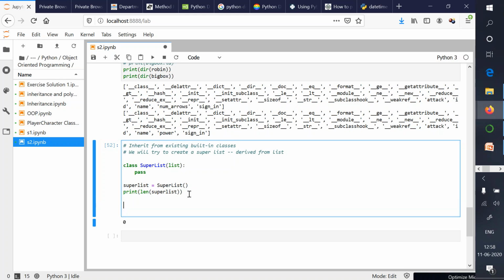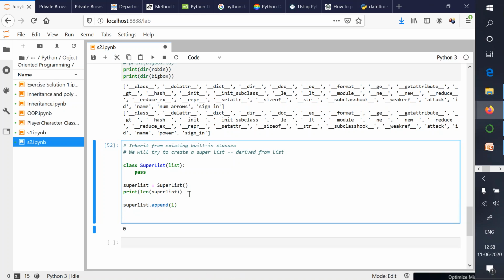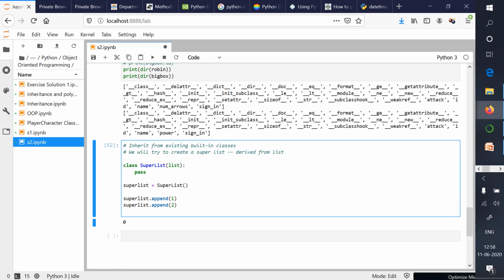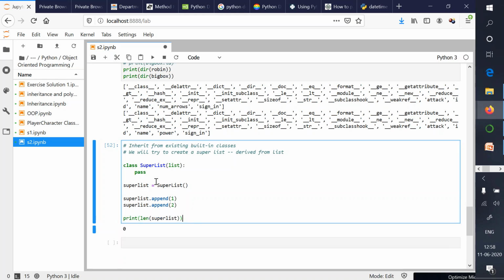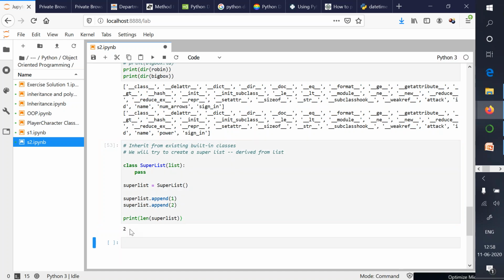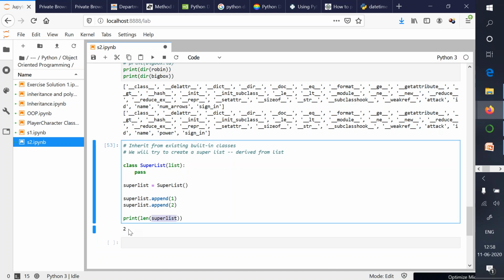But if I say super list dot append 1 and then again super list dot append 2, and now if I make a call to the length function, you'll see the system is displaying that now your super list has a length of 2.